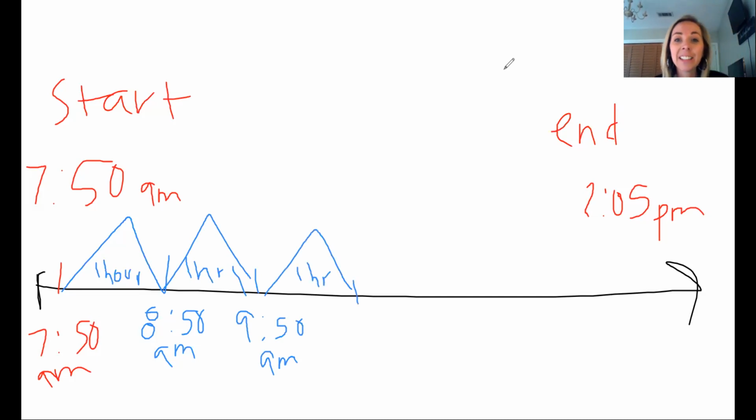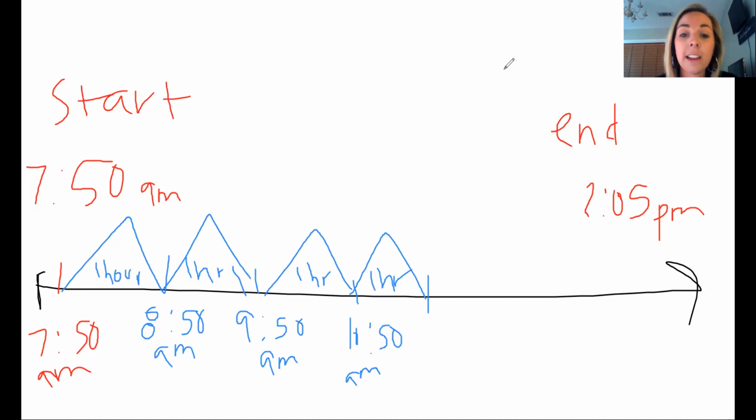And after 9:50, the next hour after 9, what number comes after 9? 10:50. So we're getting there. We're getting a little closer. Okay. 1 hour. So after 10:50, that looks like an 11, but actually what comes next is 11:50. We got another hour. Okay. After 11:50 a.m., then the hour after 11, it becomes